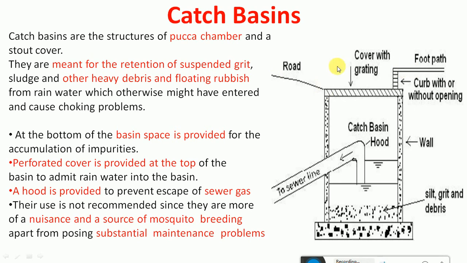Okay, whenever the storm water enters into this, we will have a catch or hood pipe which is connected, and in this catch basin, this area is meant to collect the sand, the silt and debris. Because if sand and grit particles enter the sewerage system, due to the abrasive action, it may damage the pumps and the other units of the sewerage system.